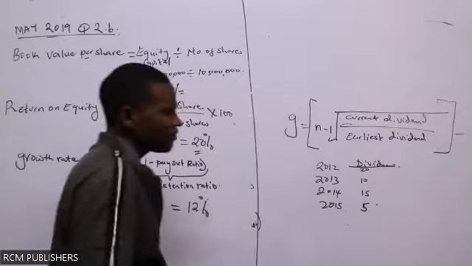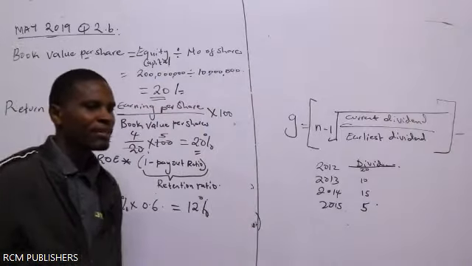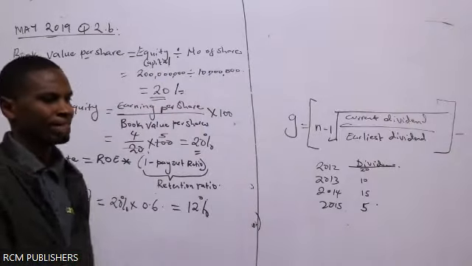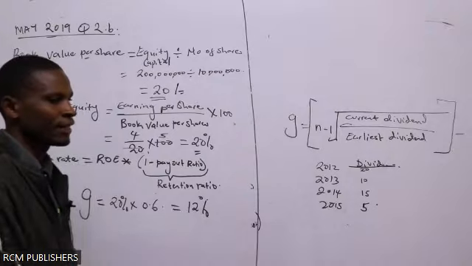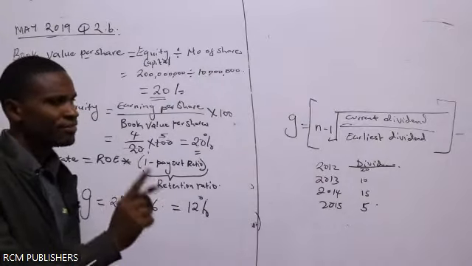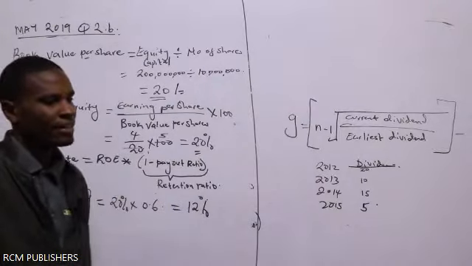What is our current dividend there? It will be 5. What will the earliest dividend be? The earliest dividend,